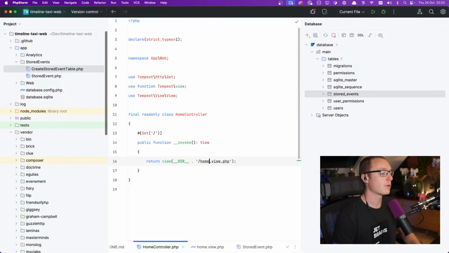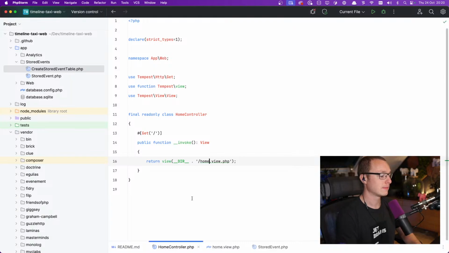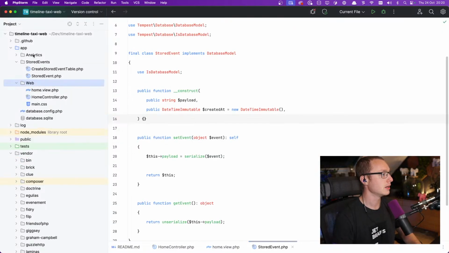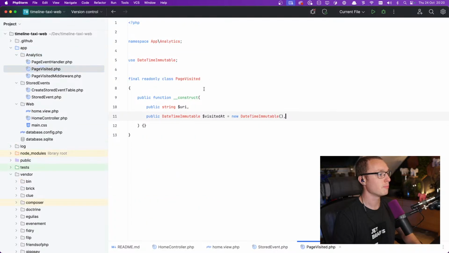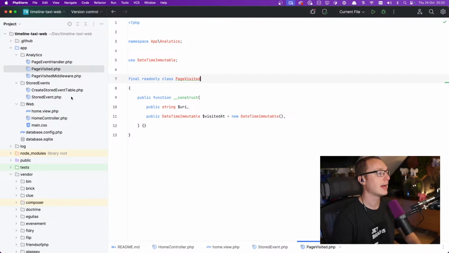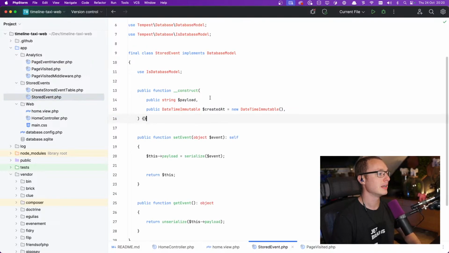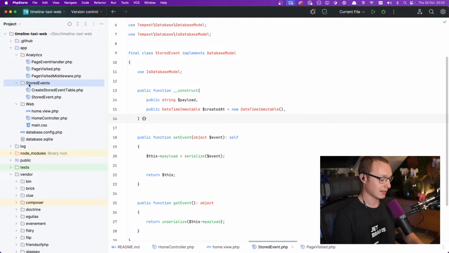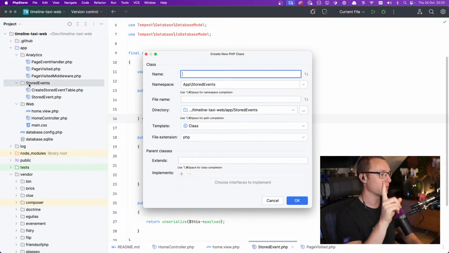So the question is, how do we get our event, let's say our analytics page visited event, which is just an object, how do we get it as a payload into the database, right? How should we do that? Well, I have an idea. Bear with me. There's something really cool. This is the cool part. This is the part I was excited about. In theory, it should be super easy. Stored event